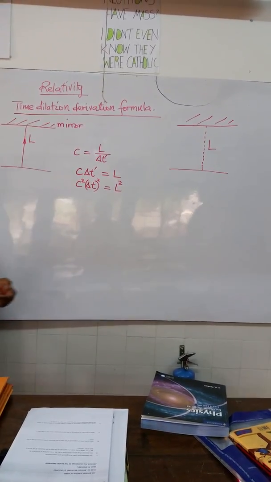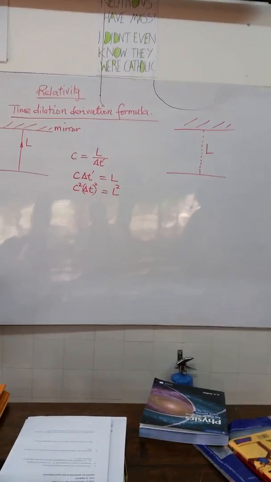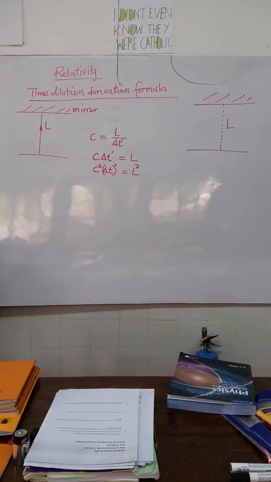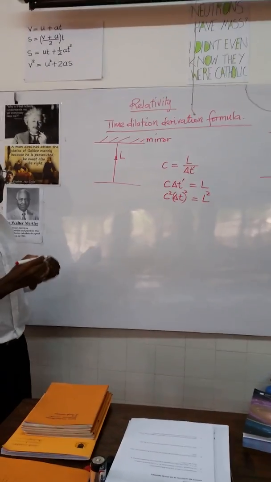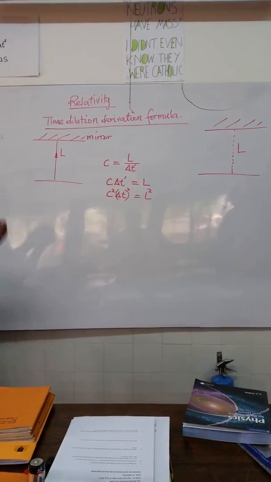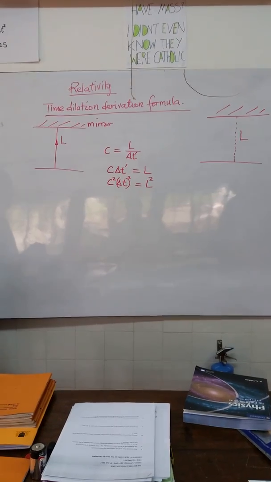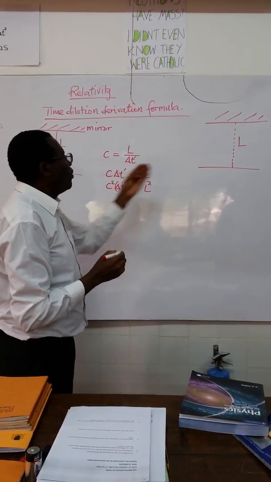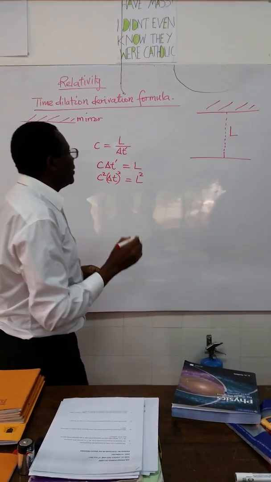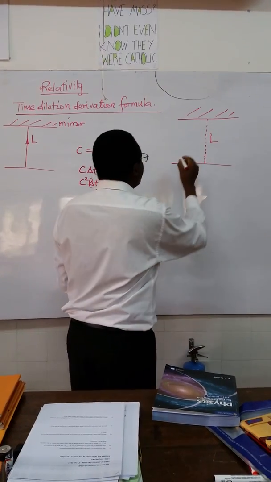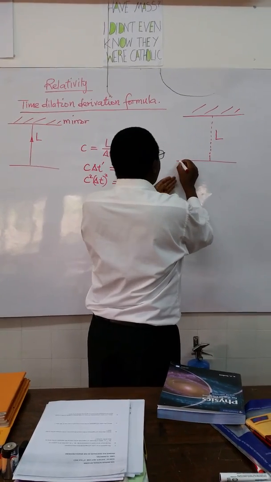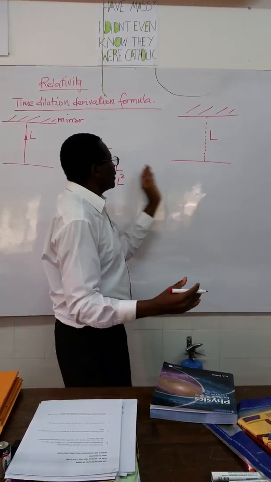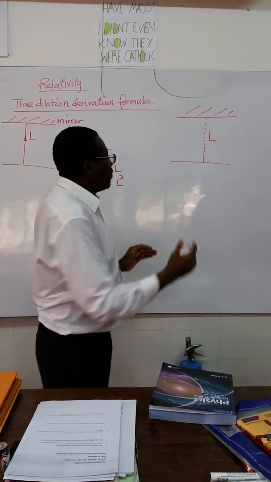But since it's going to move at uniform velocity, it is also still an inertial frame of reference. So we are dealing with inertial frames of reference, one which is either stationary or a moving one with uniform velocity. So in this case, a person who is outside this frame of reference, a moving frame of reference, will